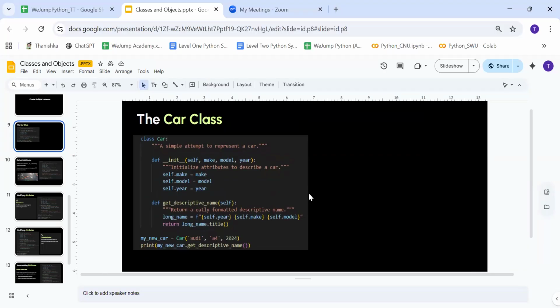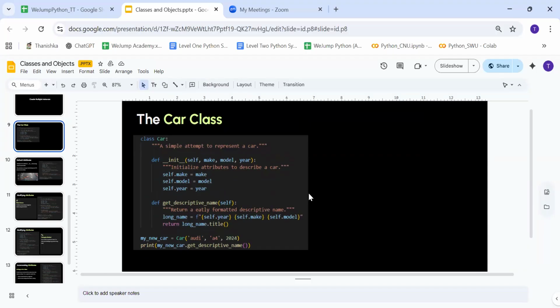It's not about dog now. Our class will store information about the kind of car we are working with, and it will have a method,